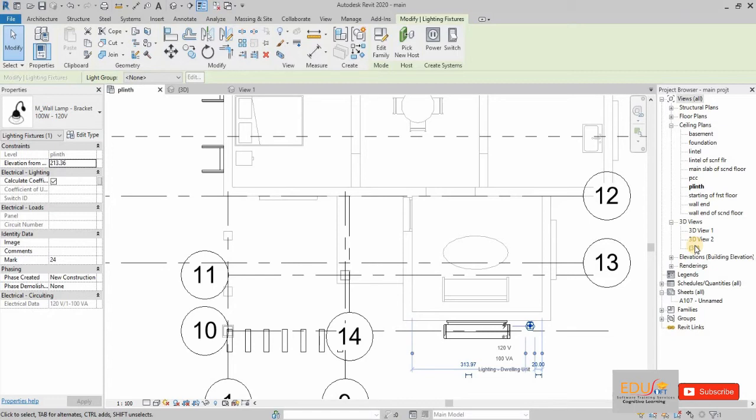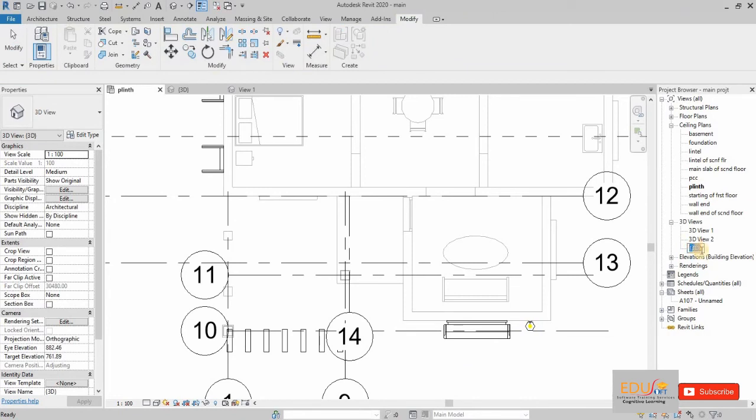Now we are going for a render to see our final result.